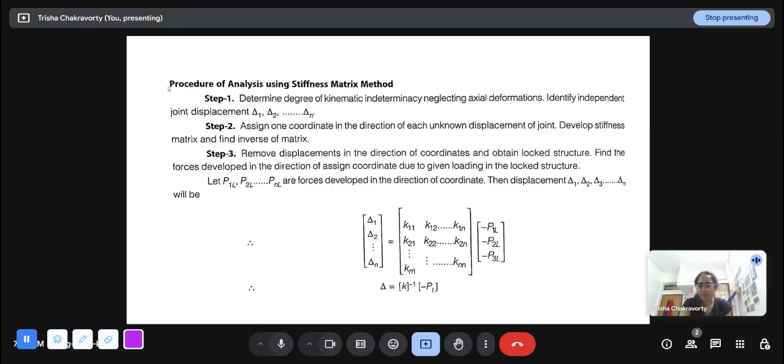Procedure of analysis using the stiffness matrix method. Let's go step by step. These steps are the basics of the algorithms that are used in most analysis software. The stiffness matrix method is the previous step to the finite element method, and software like Abaqus and ANSYS, which are used for research level structural analysis, are all based on the finite element method. So the concept of the stiffness matrix method, though not really important for exams right now, is important for the future if you want to study civil engineering, or get into research or something.